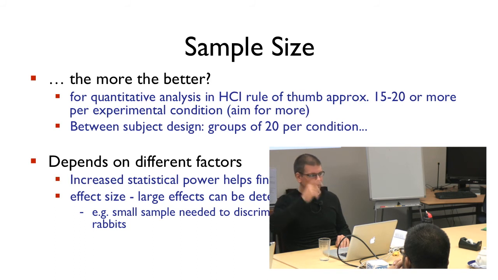So if you have a between subjects design, the number of participants can multiply quite easily. And it's not good enough that you say, oh, there's this rule of thumb, I should use 15 to 20 people, and just go for a between subject or factorial design with I don't know how many between factors. That doesn't really work out. You need at least 15 to 20 per condition or per cell.